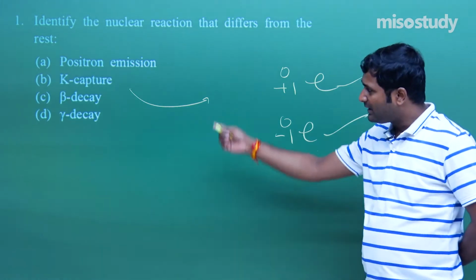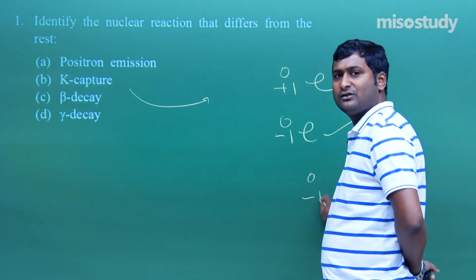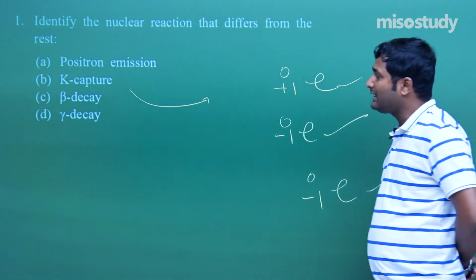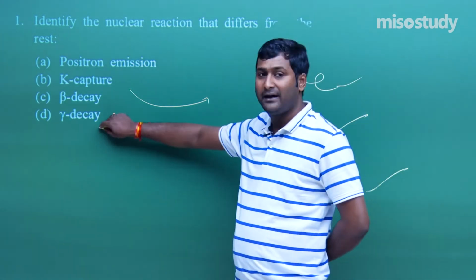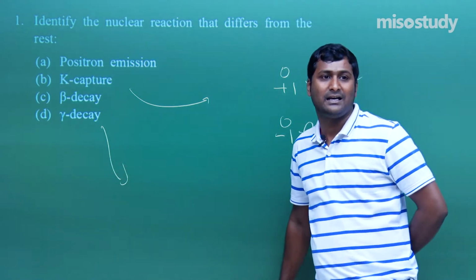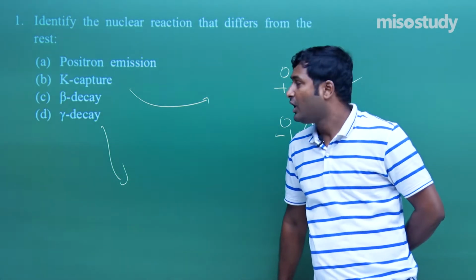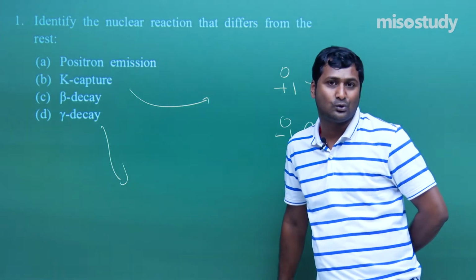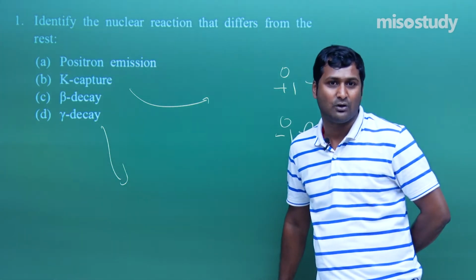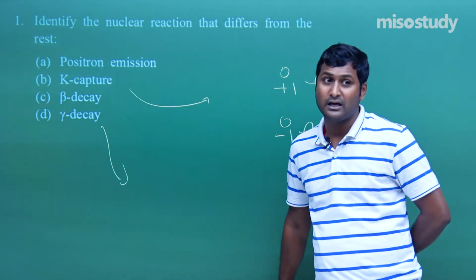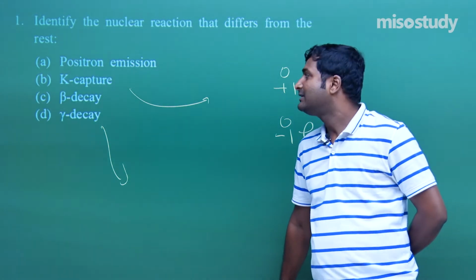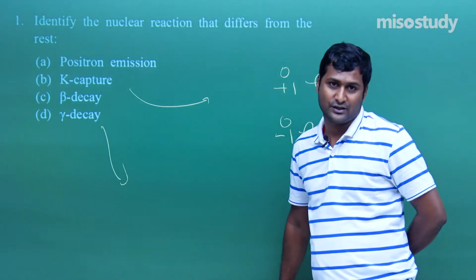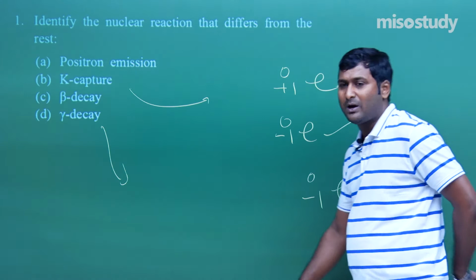Clear to you? What is beta decay? That is the release of an electron, the beta particle. And what is gamma decay, my friend? Gamma decay is just radiation. There is no involvement of any charged particle, so during the reaction there is no change in the N by P ratio, my friend. So in this case, what will we say? The gamma decay is different from all the other reactions. Am I right? Yes, sir, you are absolutely right.